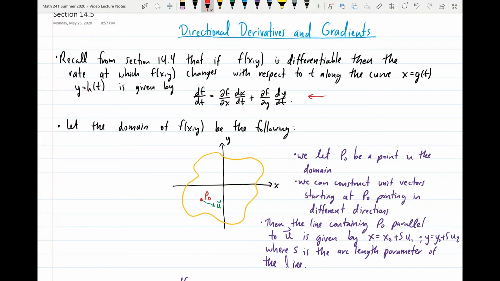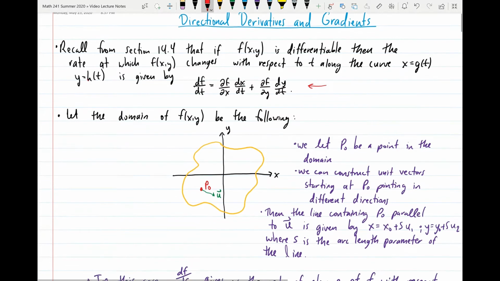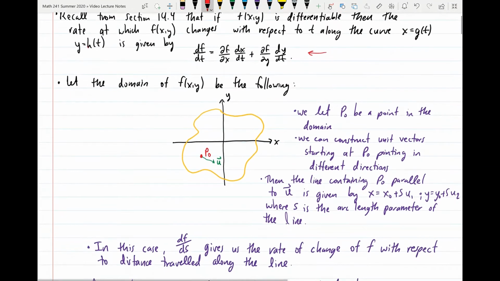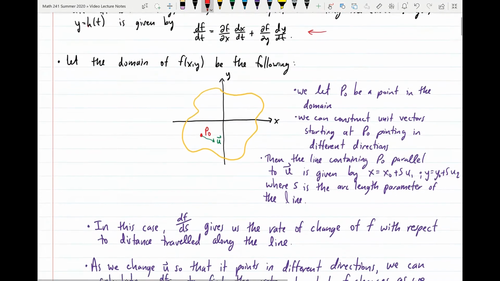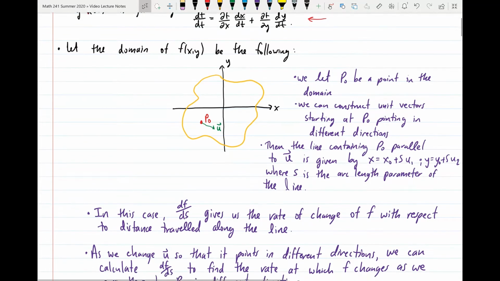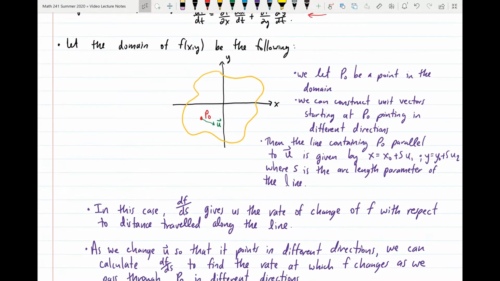So what we're saying here is that if I have a curve that's parametrized by x equals g of t and y equals h of t, then I can find the rate of change of my function f with respect to the parameter t, and to do so we use the chain rule. So keep that in mind as we go into the following discussion where we're going to develop the notion of a directional derivative. So let's say we have a function in two variables, f of x, y,